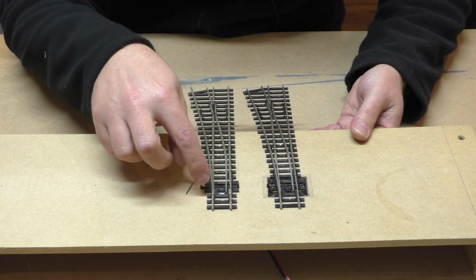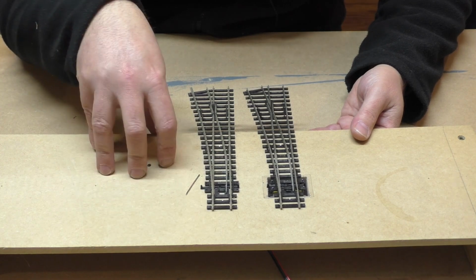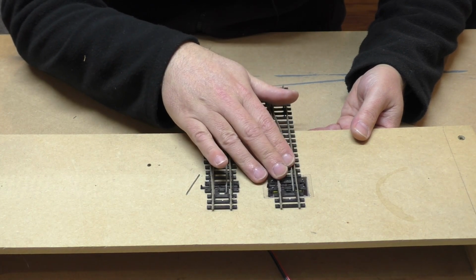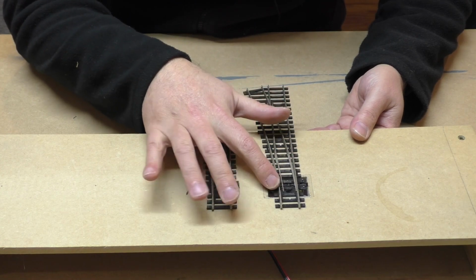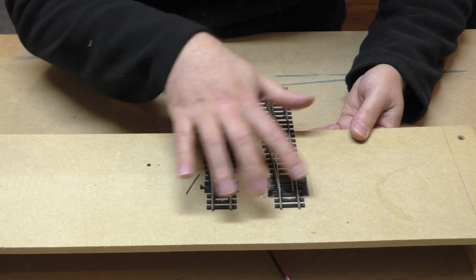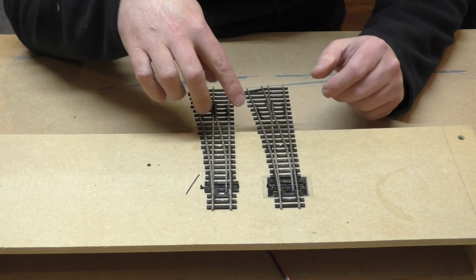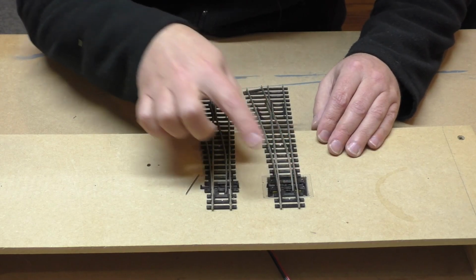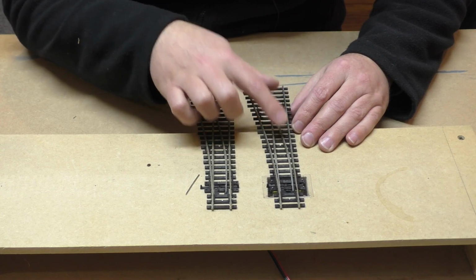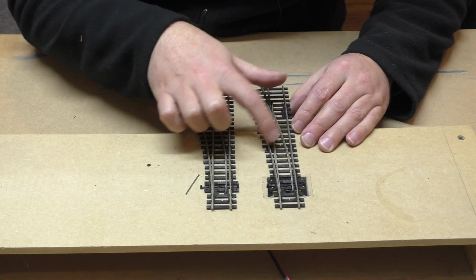It doesn't actually fit in there nice and tight, and yeah, it's actually a bit of a nuisance. So I am actually really glad that I use this method here. So we'll shift over to the layout, and I'll just show you the process that I use for installing these point motors using this method, and also hooking up the electrical connections, so for the frog and also for the